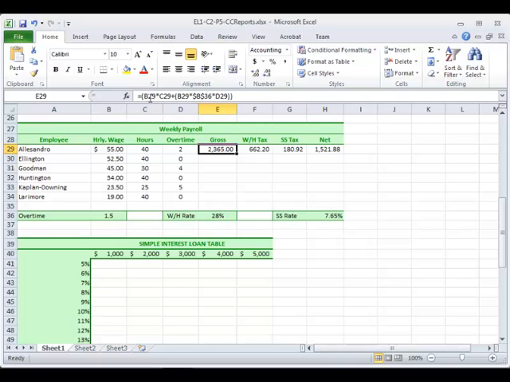So basically, you multiply B29, which is the hourly wage, and you multiply that by the number of hours that he worked. Okay, so that's very simple. Hourly rate and the number of hours he worked. And then you add the overtime pay. So for example, it's B29,